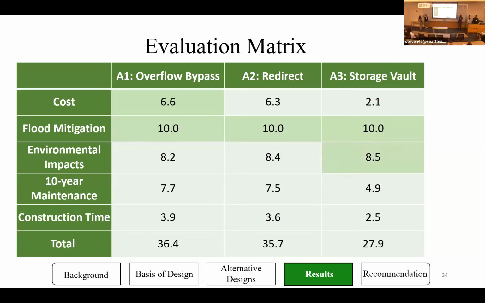For the third one, which is environmental impact, related to the water quality of all three alternatives, alternative 3, which is the storage vault, has the highest score. For the 10-year maintenance, alternative 1 has the highest score as well. And lastly, for the construction time, alternative 1 has the highest score. Overall, alternative 1 has the highest score in our evaluation metrics and will be our final recommendation for the